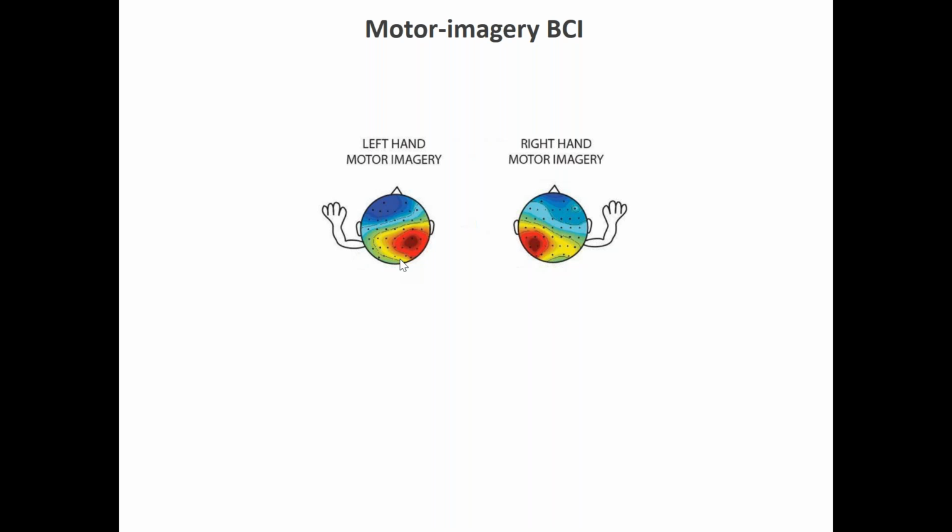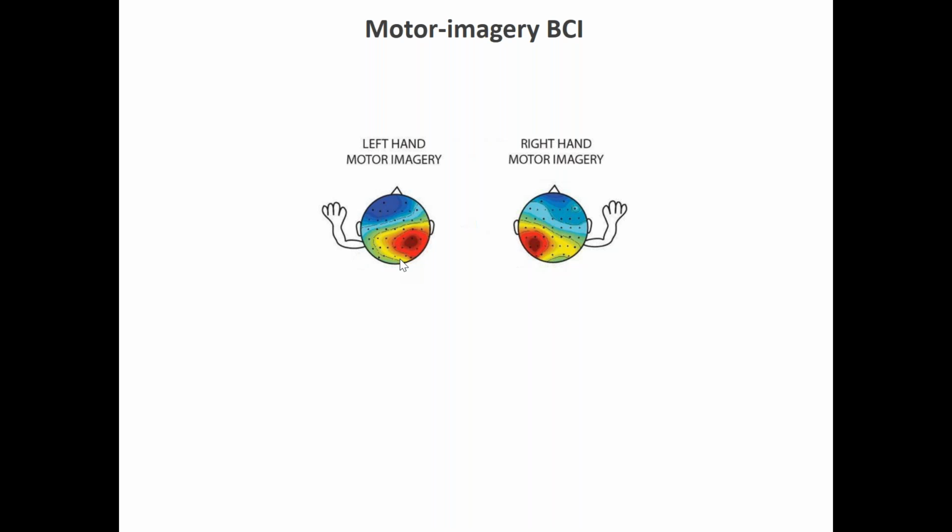So we do a calibration session. We ask the patient, okay, imagine moving the right hand. We record the data, we compute the covariance matrix, and then we say, okay, now imagine moving the left hand. We record the data, we compute the covariance matrix, and then again, this joint diagonalization that we have seen is going to give you the filter, the matrix B, that allows you to find the good sources that will allow you to understand, when the subject imagines a movement that you don't know, if he or she is imagining moving the right hand or the left hand.